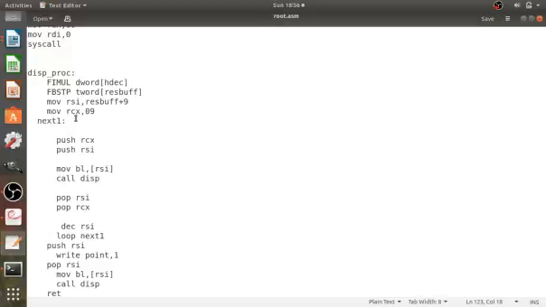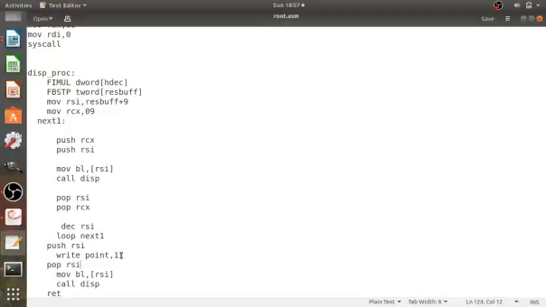So write point comma 1. Now if you want to display 4 digits after the point, then the counter, whatever counter we have mentioned, should be size minus 2. As we are displaying only 2 digits, that is 1 byte, the count is size minus 1, the size is 10 bytes, so 10 minus 1 is 9. If you want to display 4 digits, then it should be 10 minus 2, that is 8. Like that you have to consider the value of the counter.